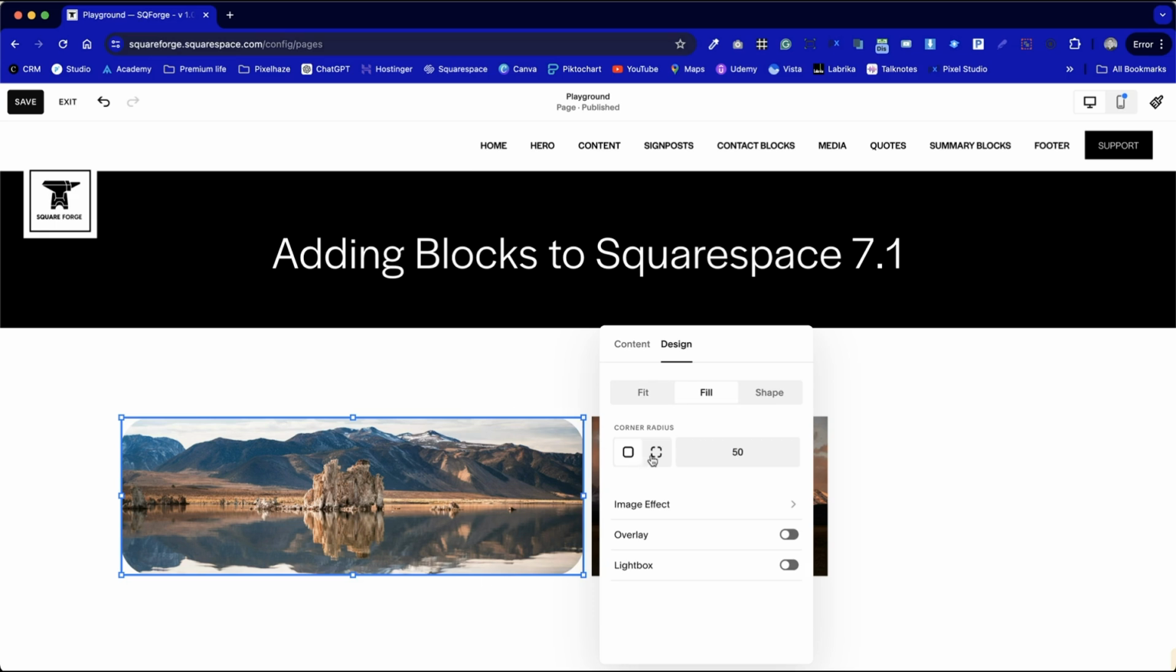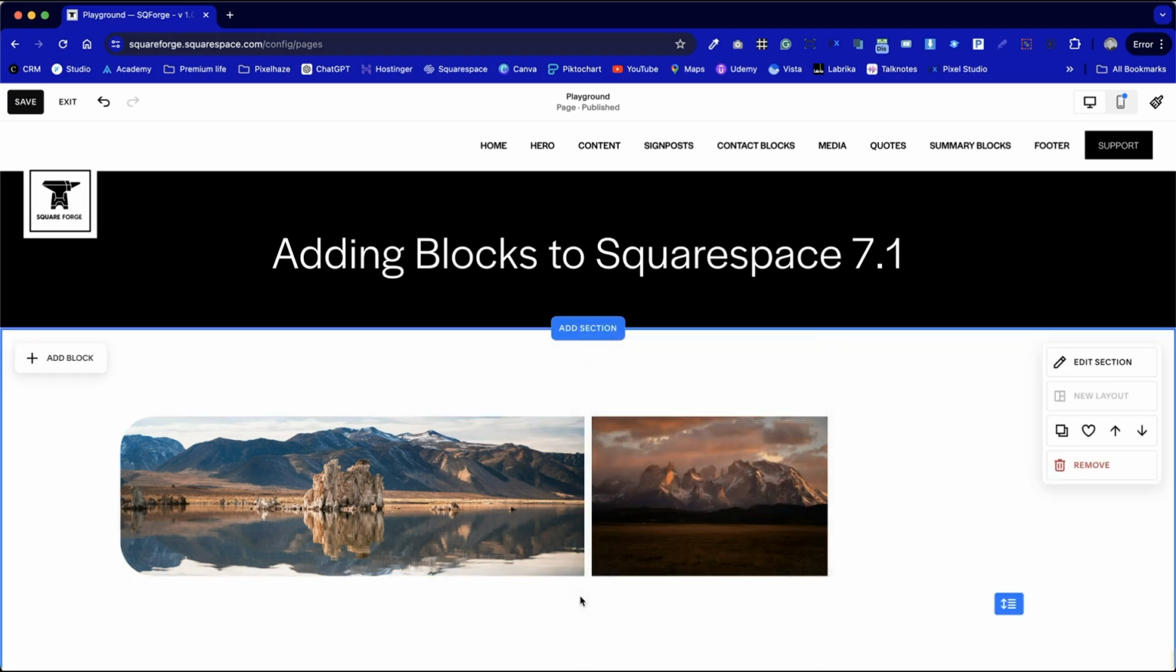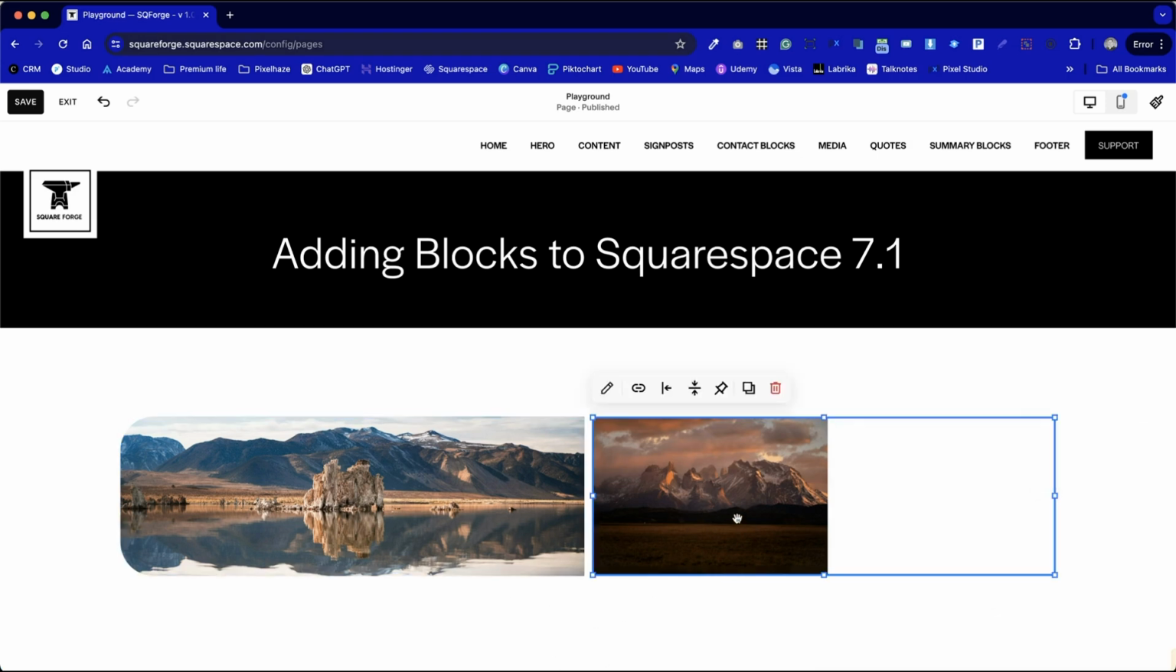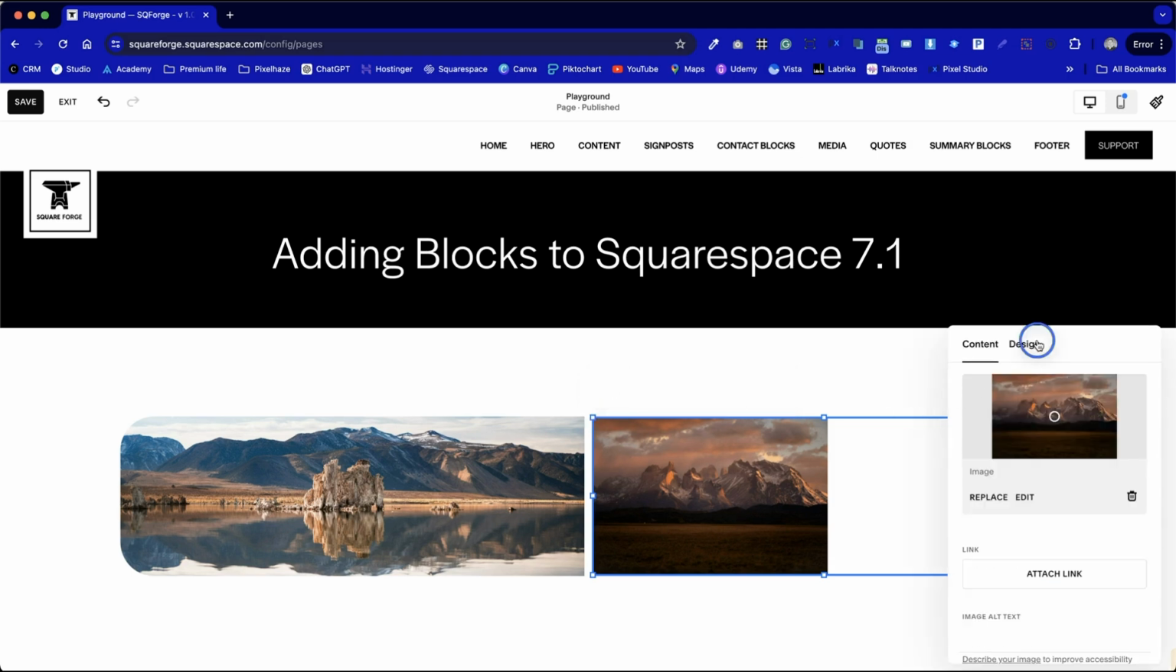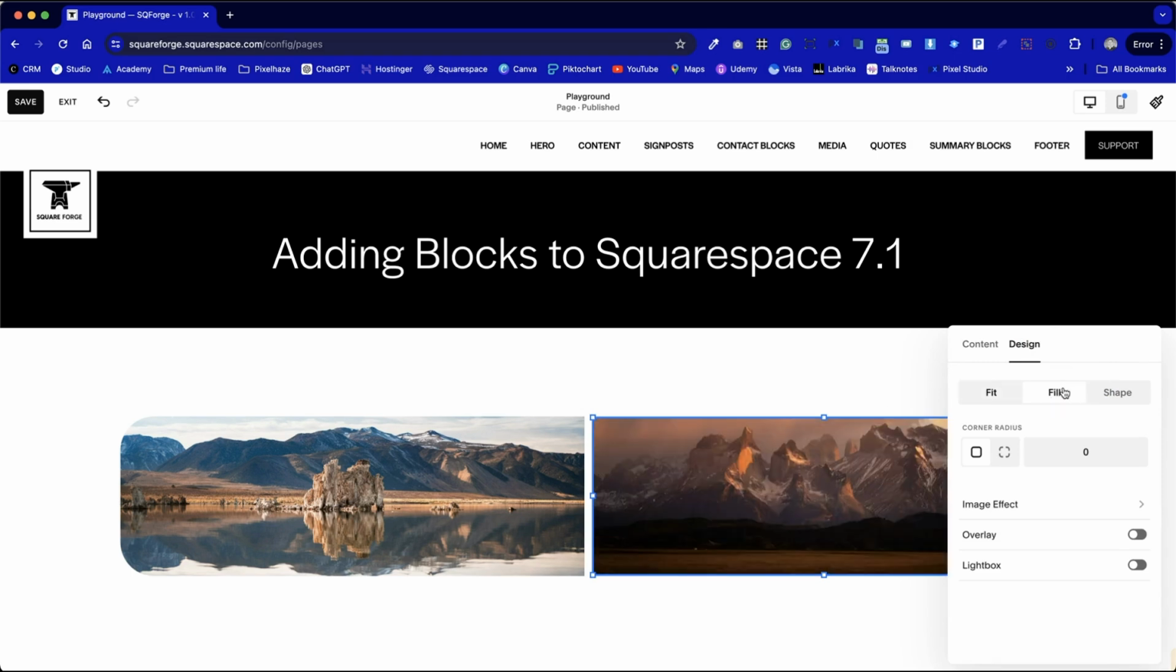This is a 50 pixel rounded corner, or we could round off each corner independently. So we could have rounded corners on the left, straight edge on the middle. And let's do this as an example to show a more advanced layout. So now I'm going to do exactly the same with this image on the right. Select it once, go into the edit options, open the design, and I'm going to fill that photo in the